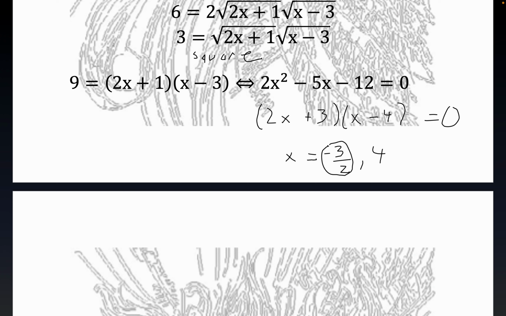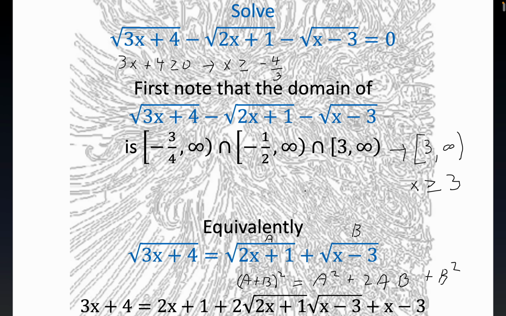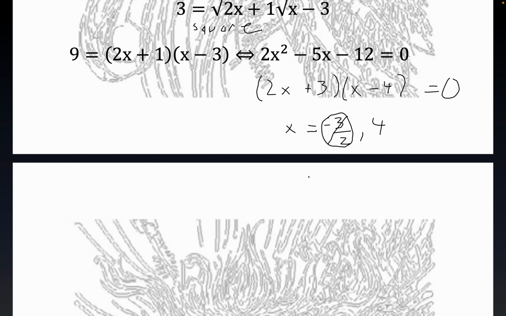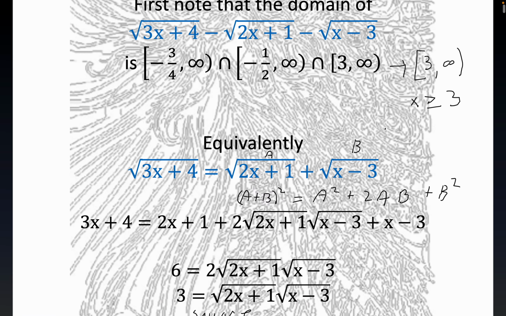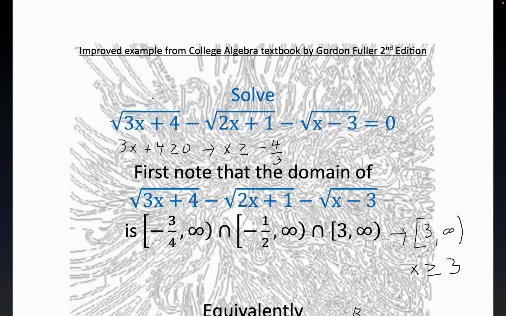I mean, what's the universal sign for negation? We can reject this one because what is it again? Minus 3/2 is less than 3, and all solutions have to be greater than or equal to 3, right? So let's check out 4 in the original, folks. If you put 4 in, and again, a lot of you probably just guessed and checked on this. That's another flaw of these sort of problems. I usually try to make the constants bigger. But anyway, if you try x equals 4 right here,